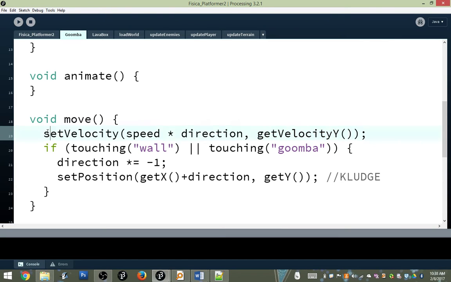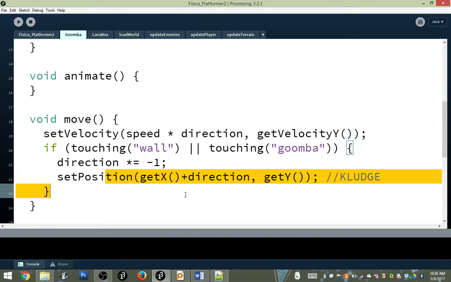So basically, it's just going to keep moving in its direction. And then if it ever touches a wall or another Goomba, then it's going to flip its direction. And we have to do this little hack where we set its position just slightly in one direction or another, just to get it so that it doesn't contact again. Because what will happen is we'll have more than one contact. So we'll flip direction once and then twice, and it'll be like we never flipped it in the first place. So just to make sure we don't have a double contact, we'll just nudge it right off of the block